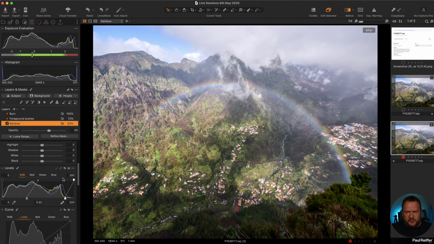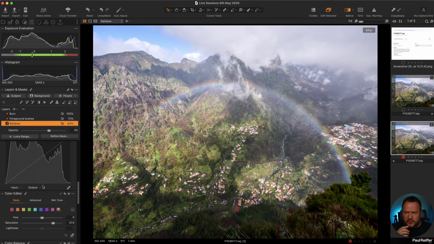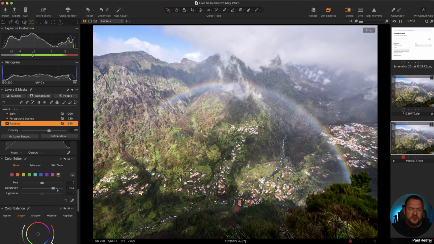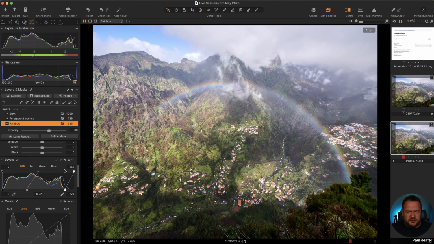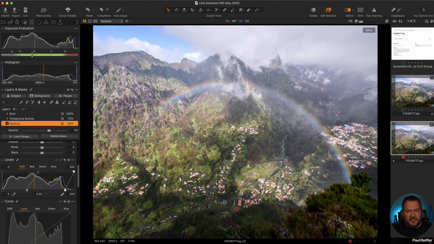Don't get me wrong, I get the layer. In this layer, we've got a shift in levels. I don't think there was a white balance change, and I think there's a huge saturation shift. Using the color editor protects too much of a change. But this levels change is quite extreme, and because there's no drop off, let's just look at the layer. Although it's got a soft edge, it's quite harsh, and it just means that I can see that someone's painted it on. It's almost like we've gone and stuck a rainbow onto the shot. So if it were me,